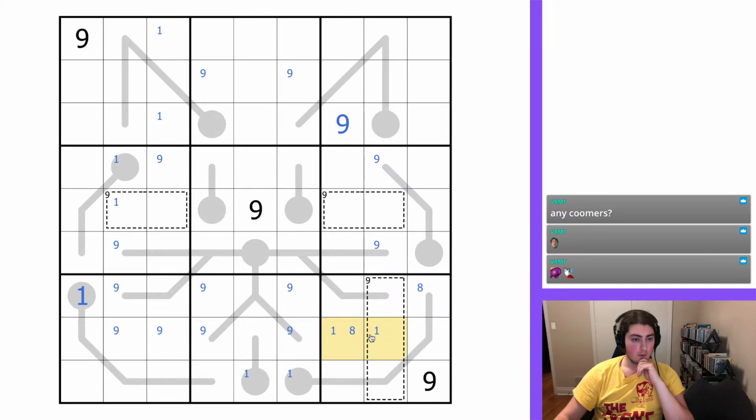And there has to be a 1 in one of these two. If 1 goes here, 8 would have to go there. This can't be an 8. What could we have at the tip of this thermometer then? If it's not a 9 or an 8,